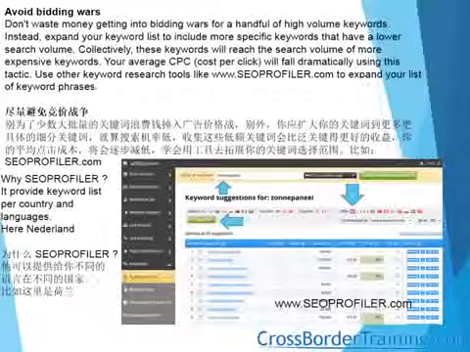The second thing to avoid bidding wars is that you can select a lot of different keywords that Google will not propose to you. Five years ago, Google was giving the list of all the keywords that people were looking for, really all. Now you can see on the AdWords keyword planner that it's just showing the main keywords, but it's not revealing all the keywords anymore, for two reasons. First, because